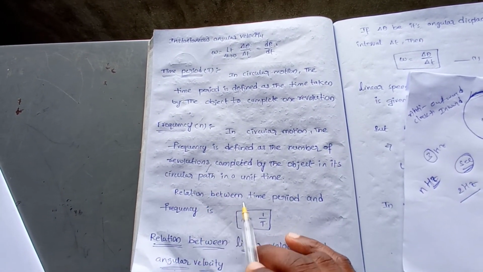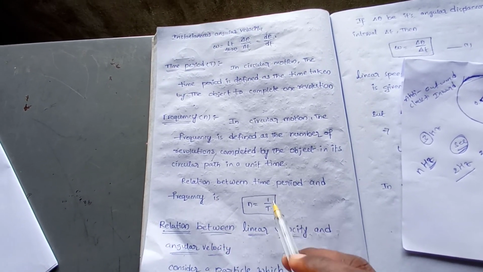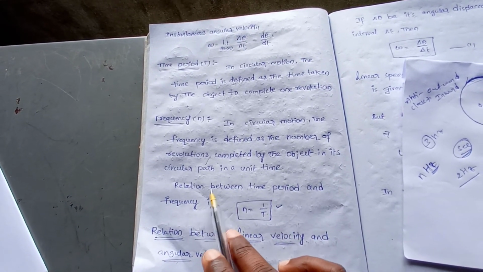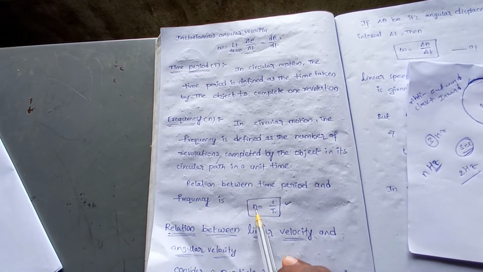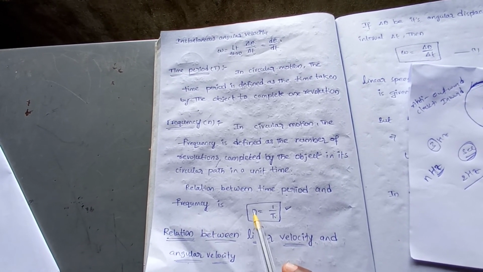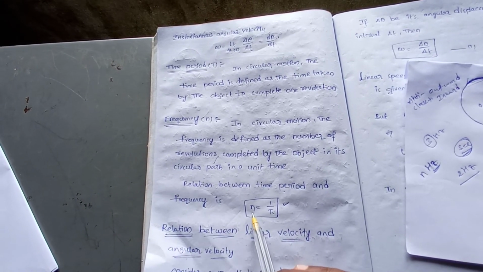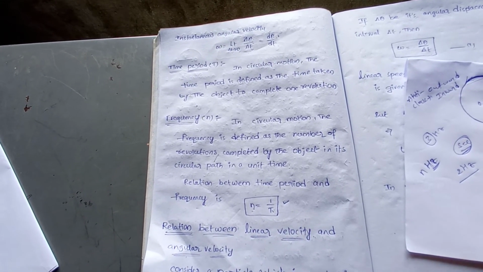The relation between time period and frequency, this is a very very important relation. The relation between time period t and frequency n. So frequency, this is indicated by n. Sometimes it is indicated by f also,